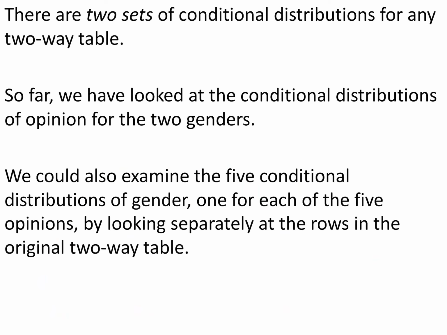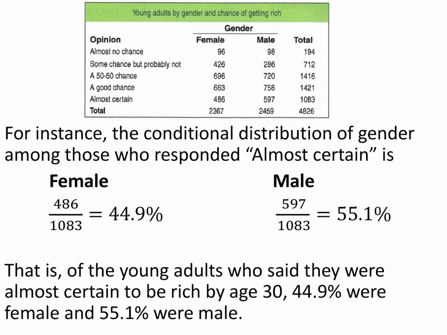There are 2 sets of conditional distributions for any two-way table. So far, we've looked at the conditional distribution of opinion for the 2 genders. We can also examine the 5 conditional distributions of gender, 1 for each of the 5 opinions, by looking separately at the rows of the original two-way table. So instead, we can look across. So if we look at just almost certain,